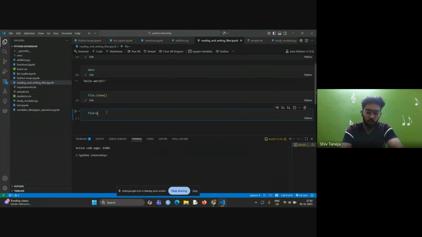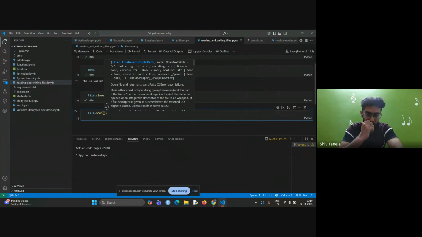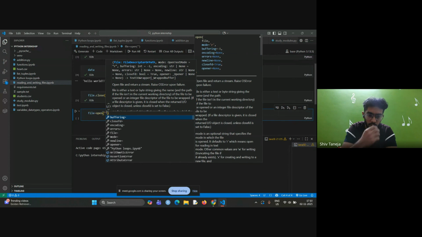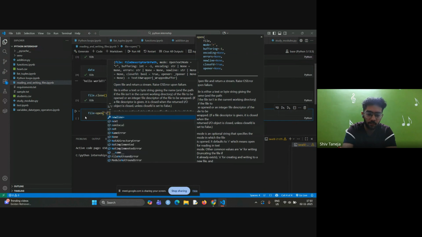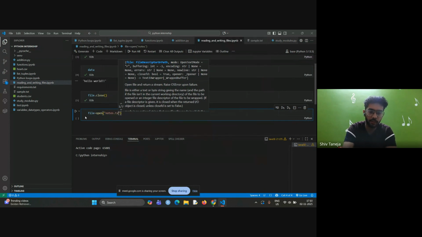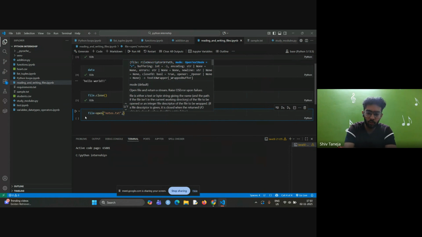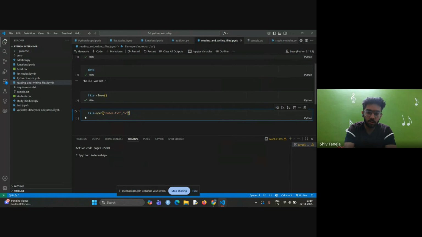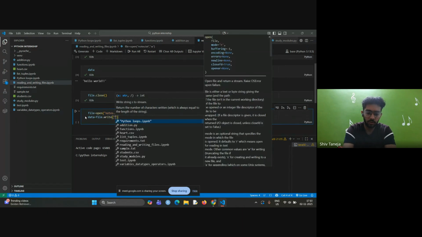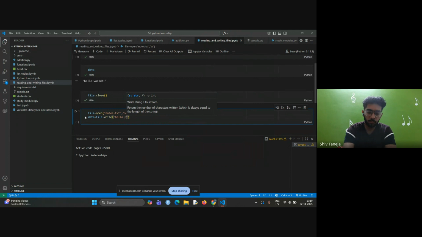I will show you two examples here. One, I will create a file. Let's just say I have sample.txt. Instead of sample.txt, I will create notes.txt as given in the example and use W mode. Now, data is equal to file.write hello Python